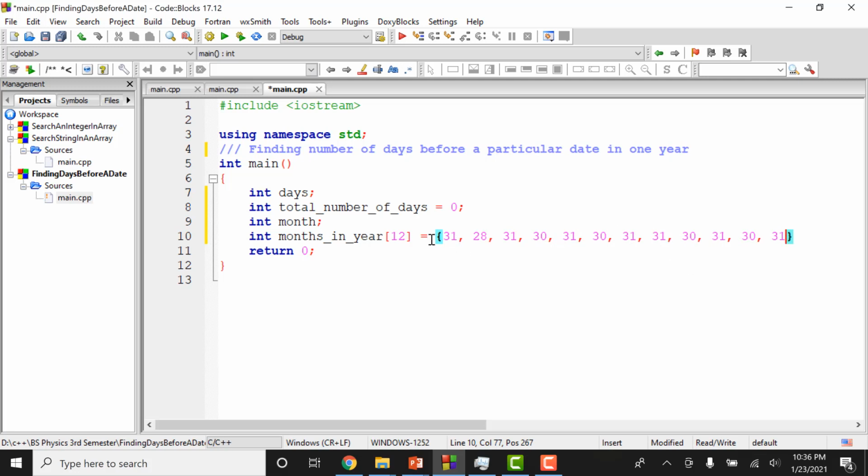So let me once again check. January has 31 days. You can check them on the net. Then February 28, 31, and then 30, 31, 30, 31, and then we have 31, 30, 31, 30, 31. Okay, so with that, we can move on and we can ask the user to enter